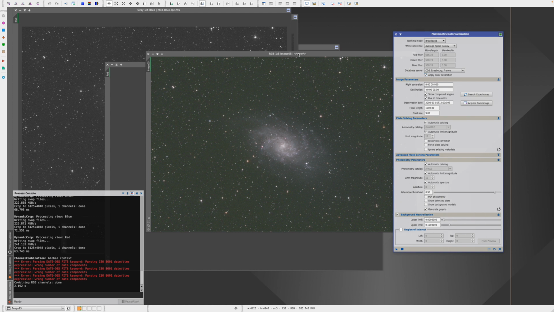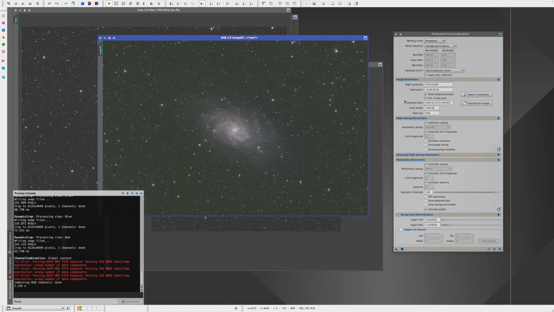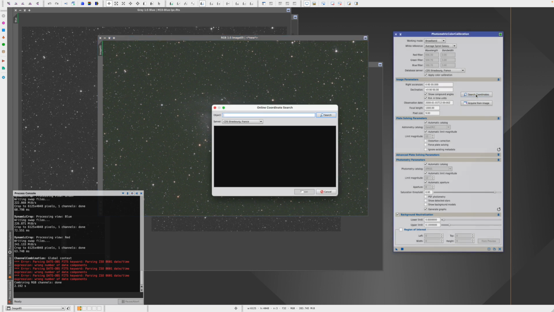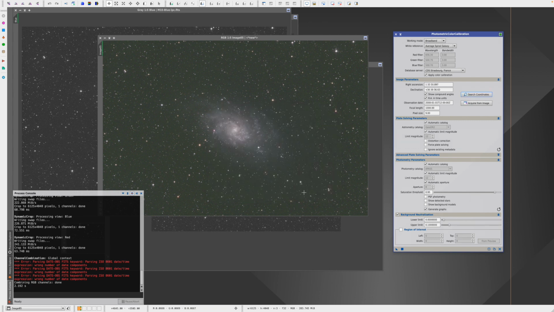This process needs to plate solve, so it needs to know the coordinates for our image, which we can look up by searching for it, 133, and we get those. We need to set the focal length, 530, and the pixel size, ASI 2600, so it's 3.76 microns. And again,